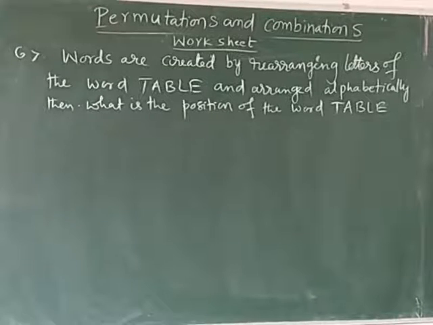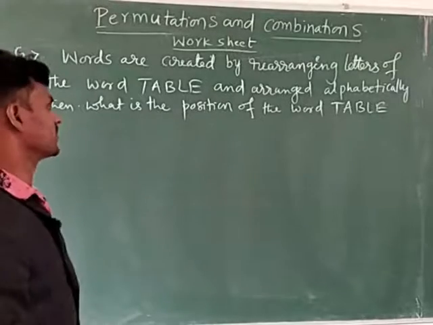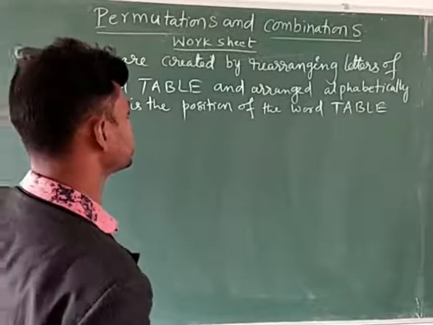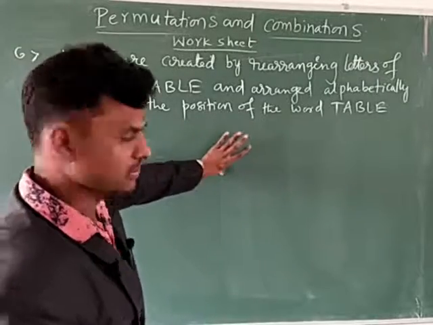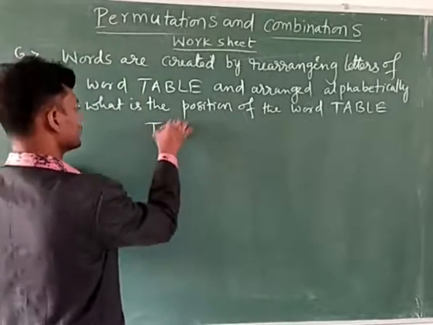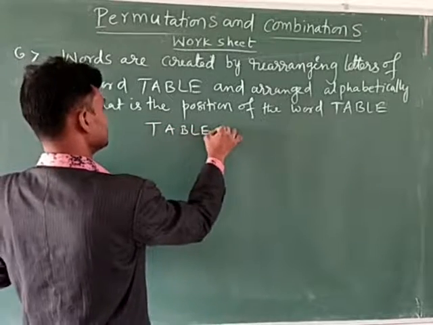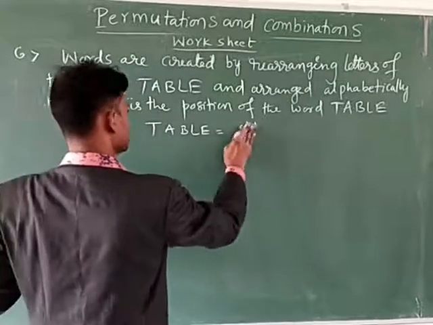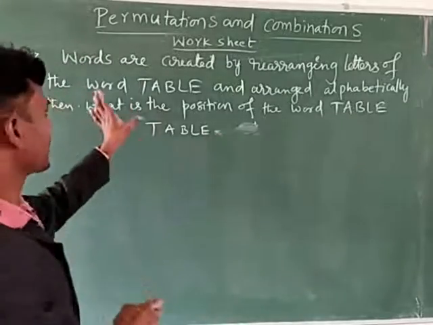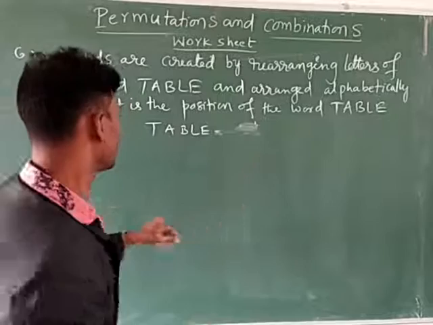Next question: words are created by arranging the letters of the word TABLE in alphabetical order. Then what is the position of the word TABLE? See here, given word TABLE. We can write this as 5 factorial. Actually we have to write this in alphabetical order. Alphabetical order means